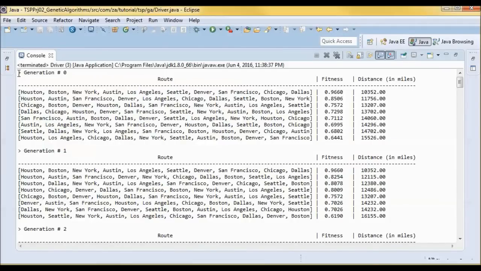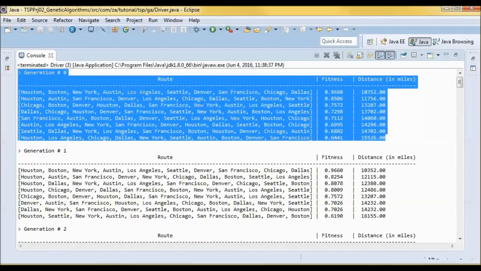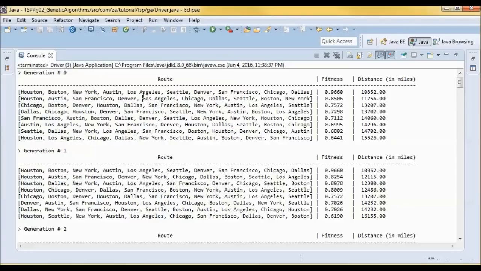So we went from generation 0, where the fittest route had a distance of 10,352 miles.